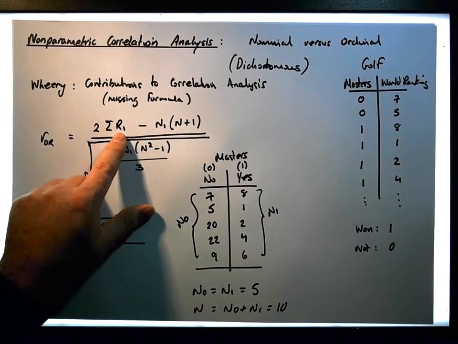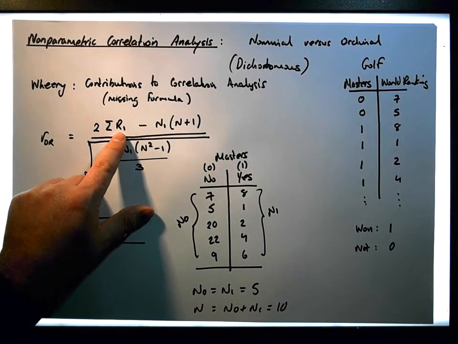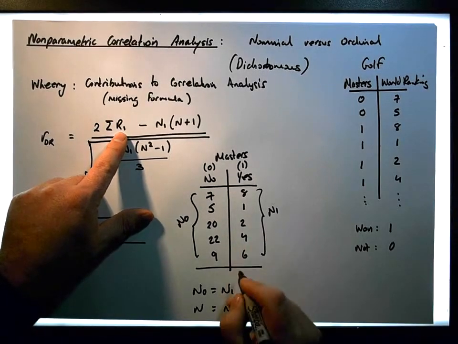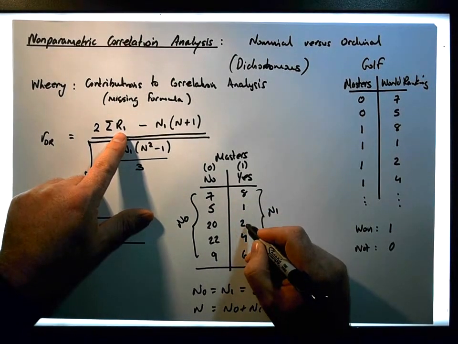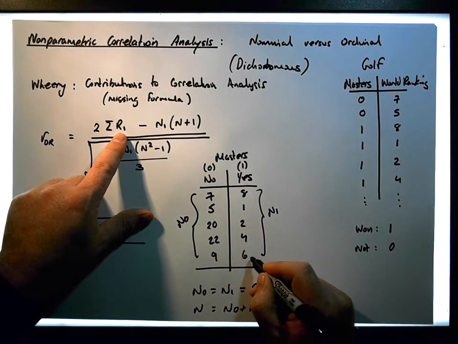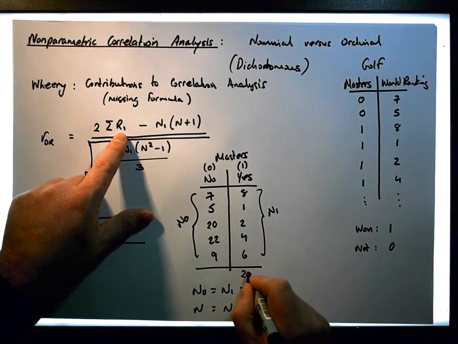The only thing that we're missing is the sum of the ranks associated with the dichotomy that's labeled 1. So in this situation, we're just going to sum up these values. So we have 8, 9, 11, 15 plus the 6 gives us 21. So this value here